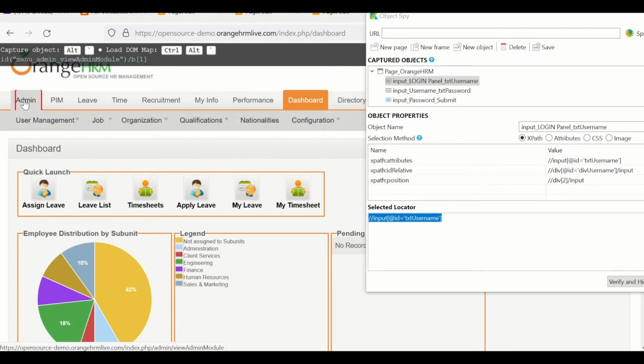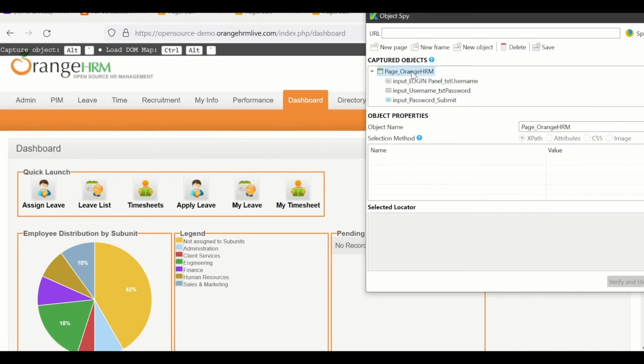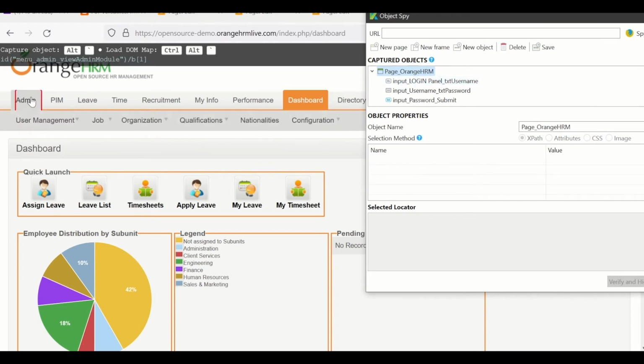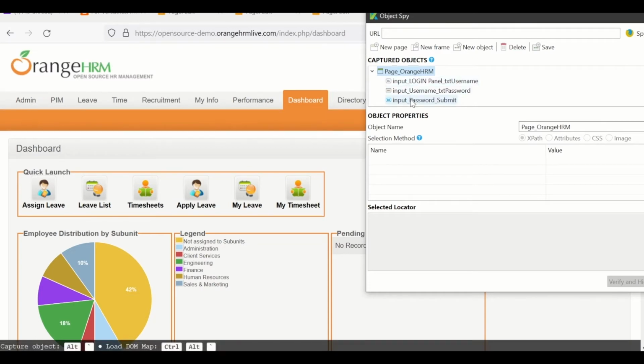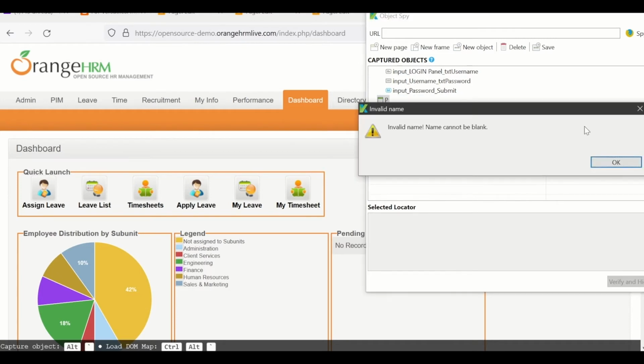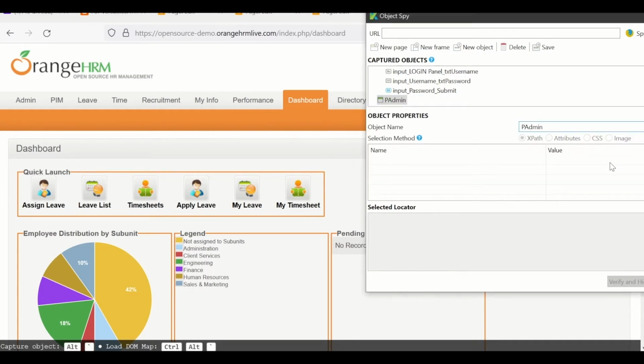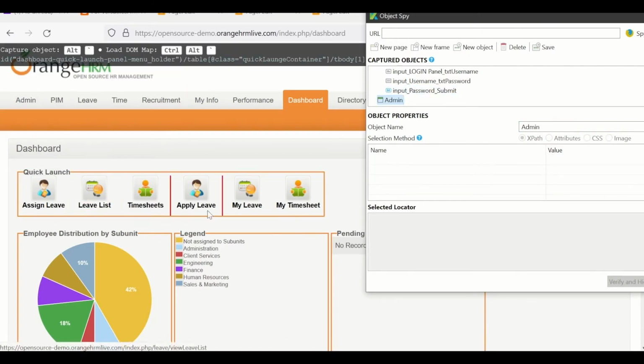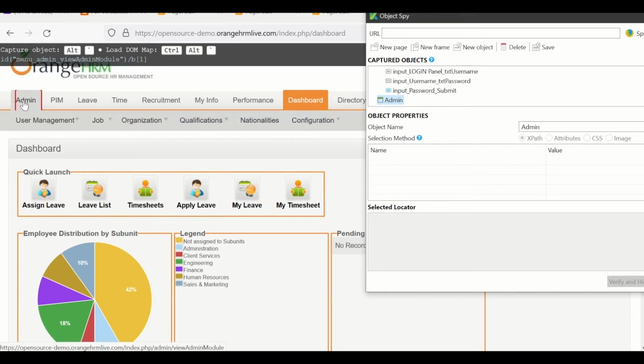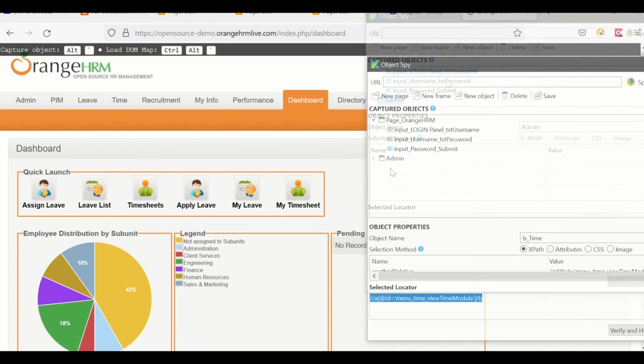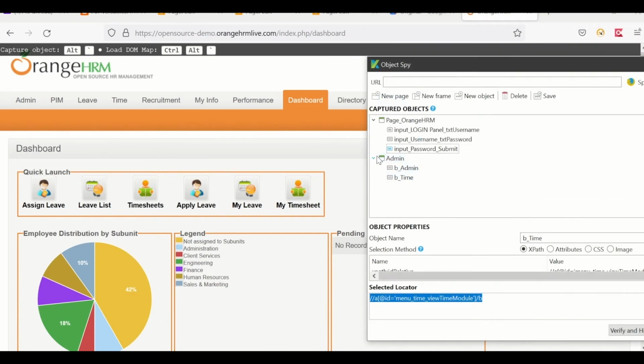Here I am going to add admin. I am deciding that I don't want to maintain the admin button or object in the same page. I wanted to maintain a different folder. For that, you can create a new page, and you can change the name also. Here you can change the name of the page. I wanted to name it as admin. So this is the admin page for me, and under the admin page I wanted to add these web elements. For example, I am going to add this admin here. Like this you can maintain different pages.